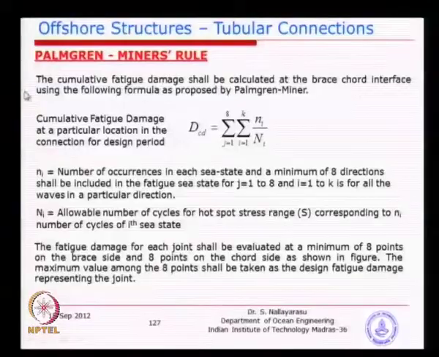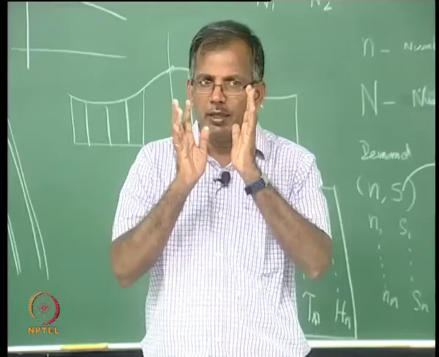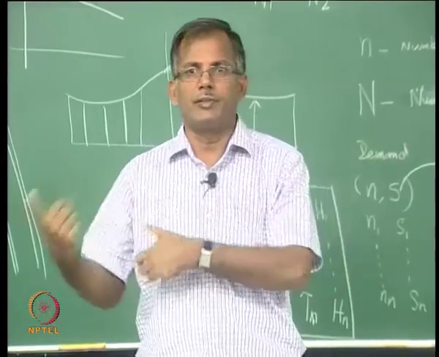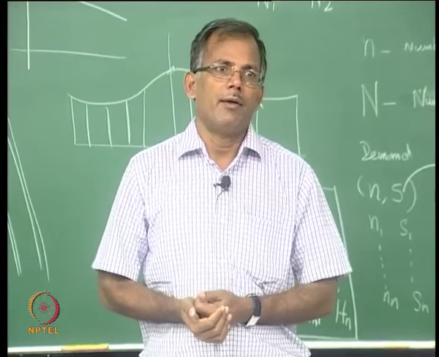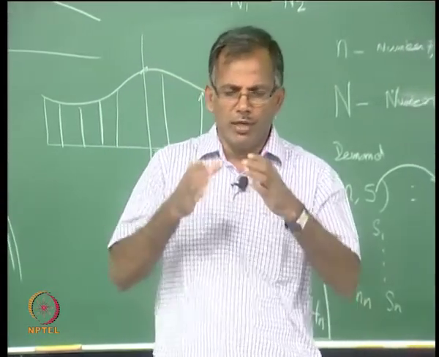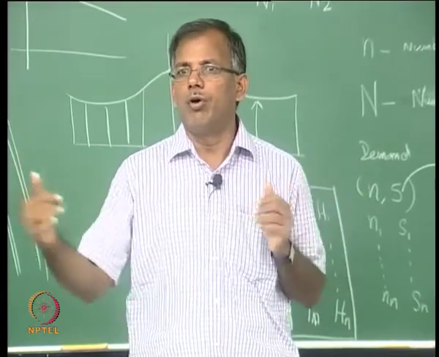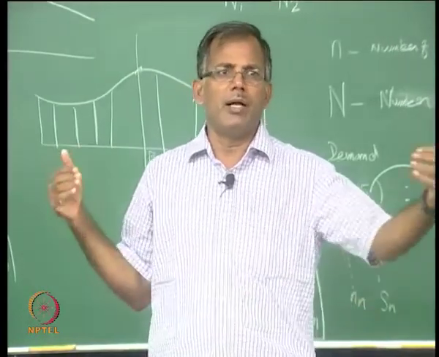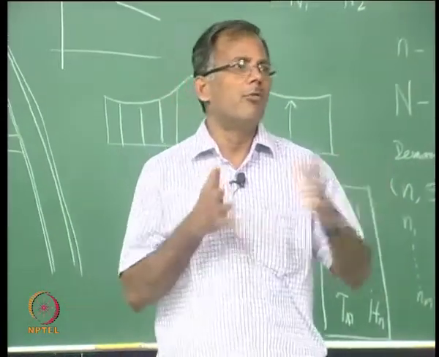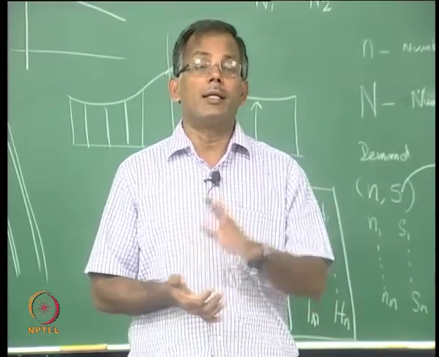And one difference, just what I have done here: typically API requires minimum 8 directions. So, that means for a given structure, whether it is a floating structure or fixed structure, you look at 8 directions for the sea state conditions. For a rectangular structure, 8 directions means 4 orthogonal, 4 diagonal simply. For a ship also similar, you will have 2 end on, 2 beam side, and then 4 quartering seas. So, basically you have to look at those conditions and get the information.